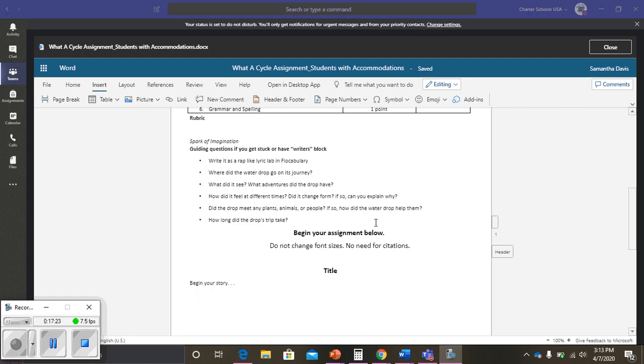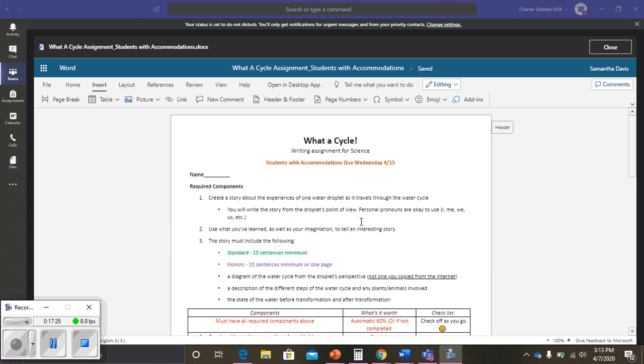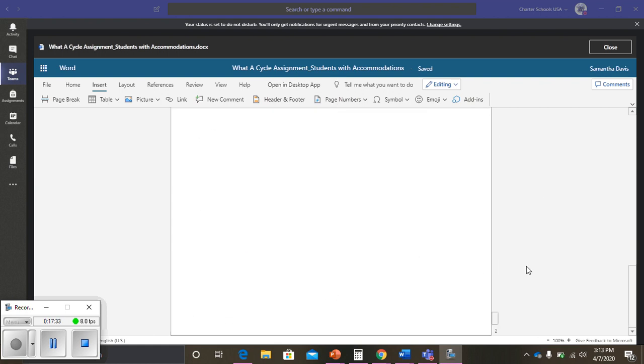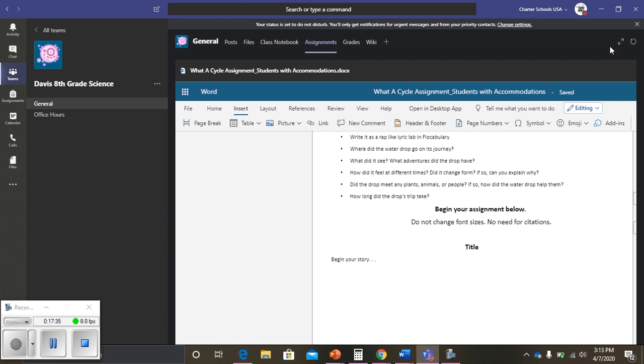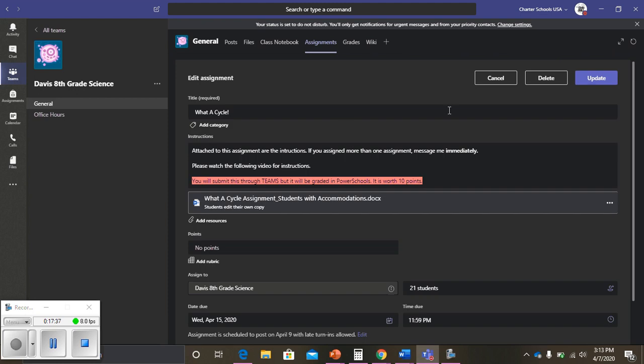Now if you're wondering, how do I turn this in? When you're done, if you notice, it saves as you go, so don't stress about it getting lost. You can click out of this and it saves your work. When you're done, I can't see it from the student side, but it would let you submit or turn in. You see it says here, students can edit their own copy. You don't have to take this off here.